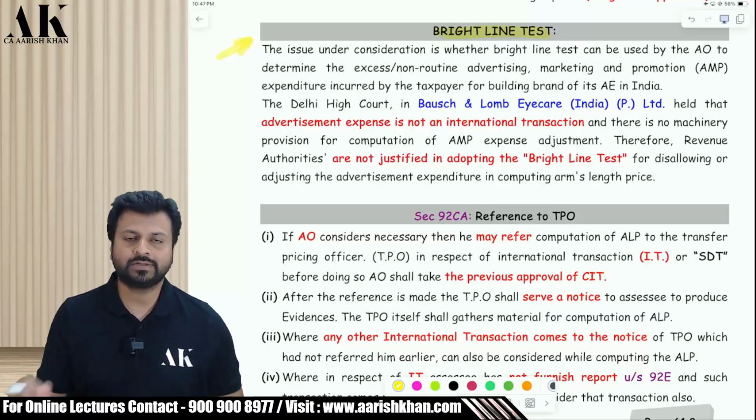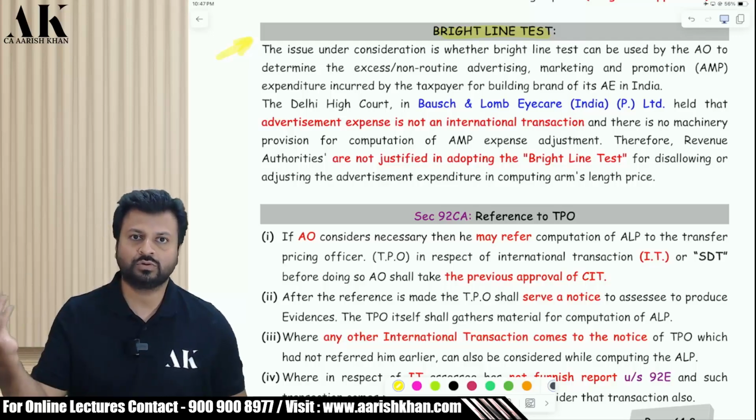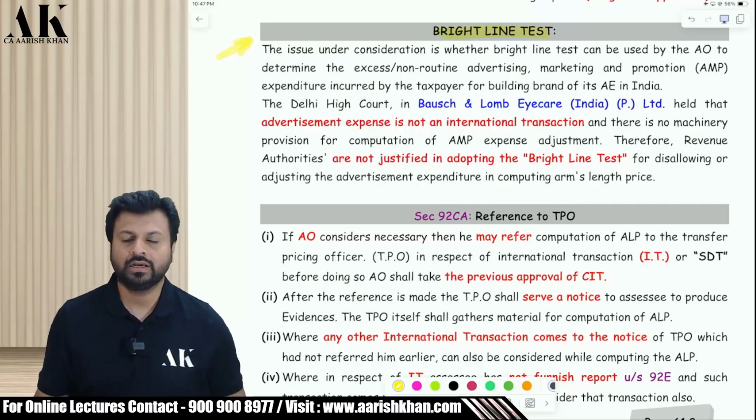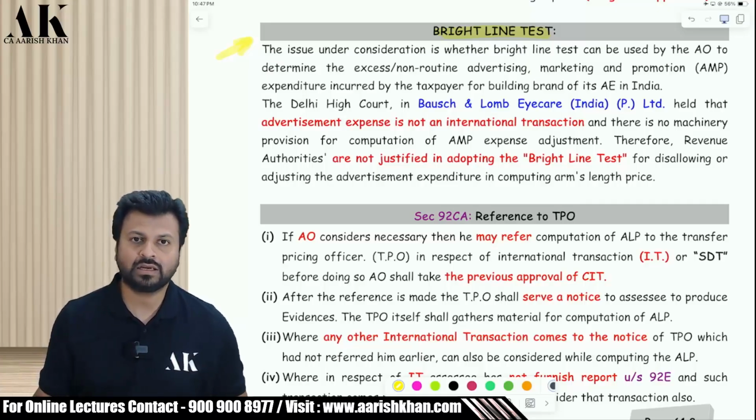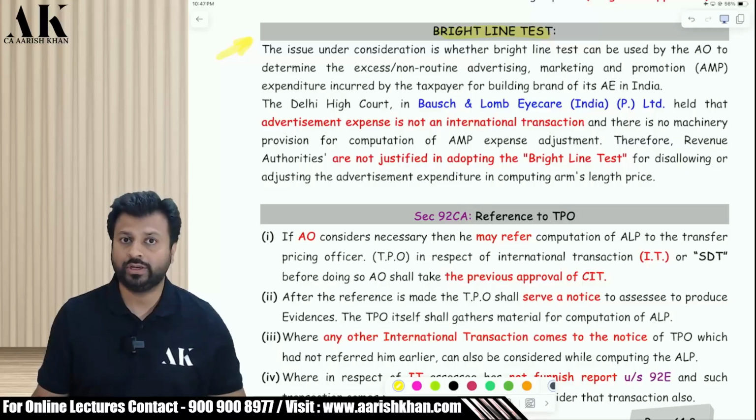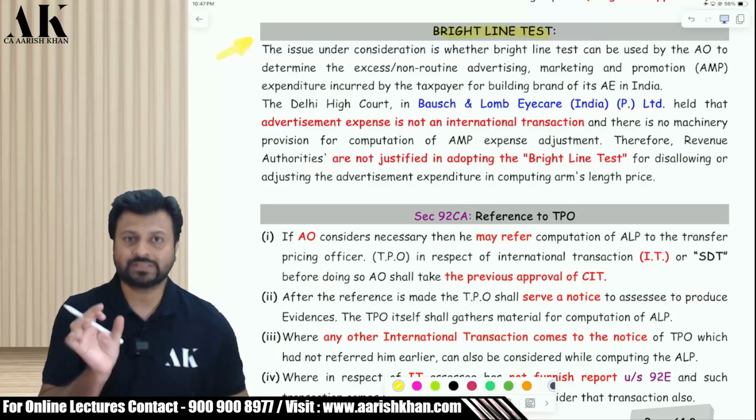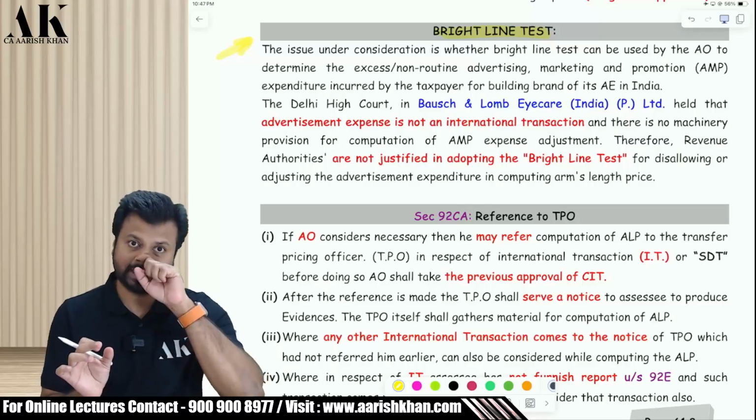Now, they tell the subsidiaries in India to do advertising, marketing, promotion in India on behalf of the parent company. Okay. So, Sony India will do advertisement, marketing, promotion on behalf of Sony Japan. Similarly, Samsung India will do it on behalf of the parent company. Now, whatever advertisement, marketing and promotion expenses they are incurring, the assessing officer is disallowing the excess